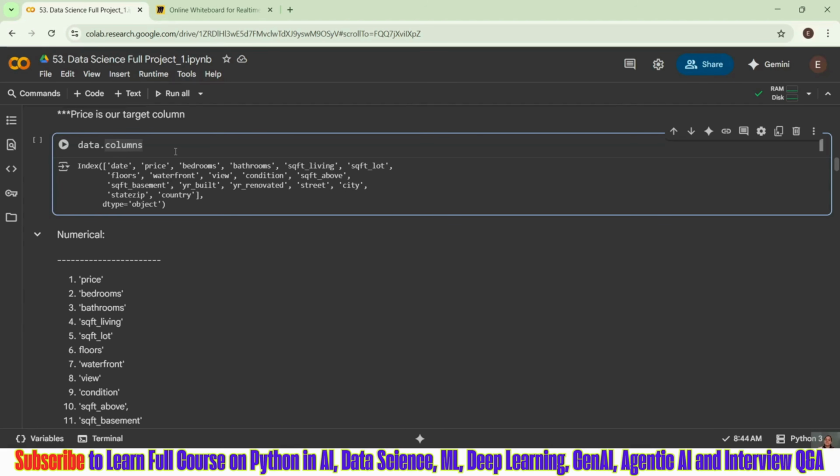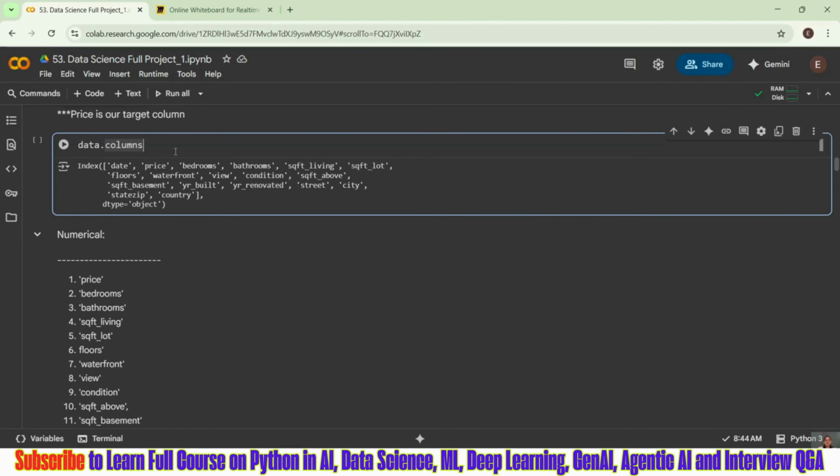Our next step is to understand the feature engineering part. Feature engineering is the most important part. For feature engineering, we have to understand which are the numerical columns and which are the categorical columns. For numerical columns, either you can perform scaling techniques and scale it down to a normal scale, or you can directly give input, but better we wait, convert the encoding part first, and after that you can go ahead with scaling.